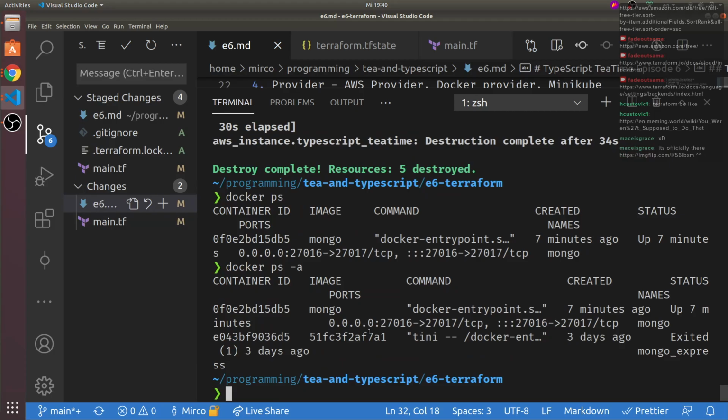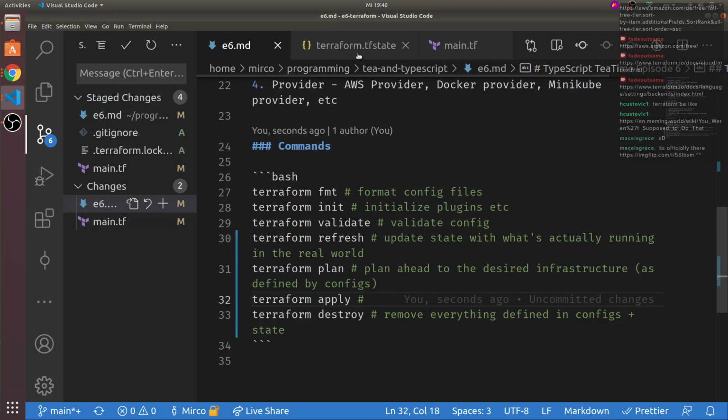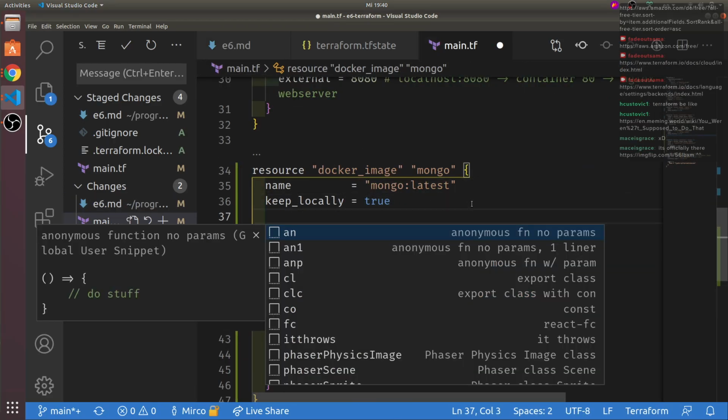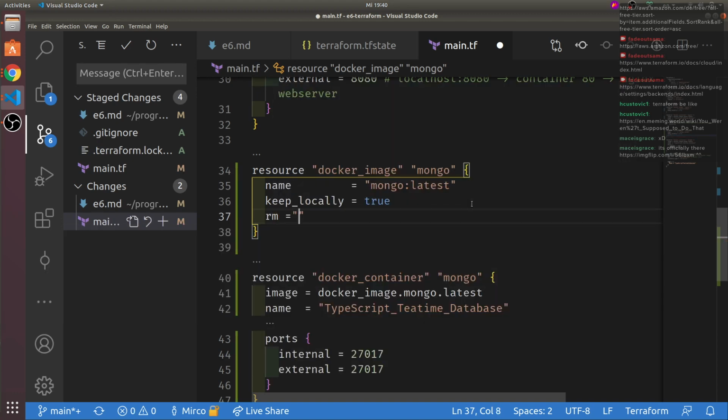And everything else, Docker image list, we still have the images. The Nginx. So it did not clean that up. I'm curious why. There's maybe something like cleanup or remove or RM, maybe.